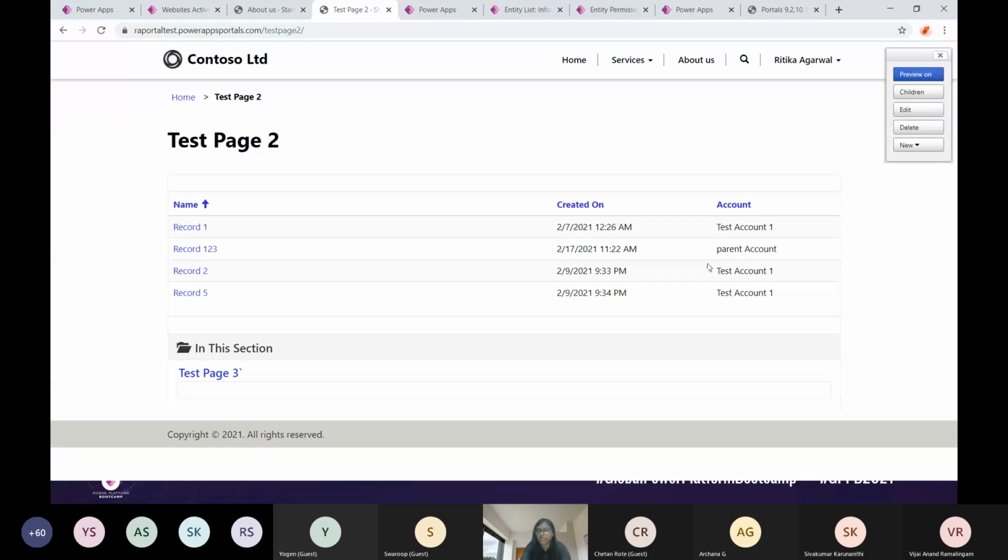It is only showing me those records where test account one is associated with my logged in user, so it is showing those records. And parent account means because this test parent account is the parent of test account one, it's showing that. But if we want, we can restrict those as well. I can only show the details which are associated to my logged in user. So this way you can.